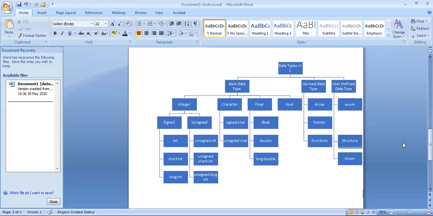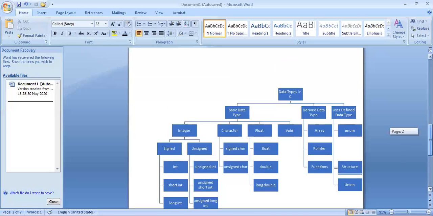Whereas if I'm going to calculate the salary of any employee, considering that the salary would be a whole number, the range would be higher. So then again comes subdivisions in integers. It could be a normal integer, it could be short, or it could be long. We'll come into the range later into this video, in bytes which the integer occupies.